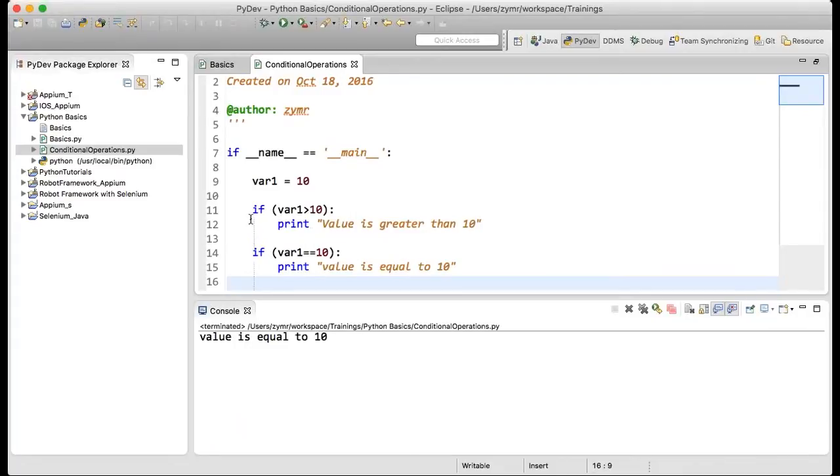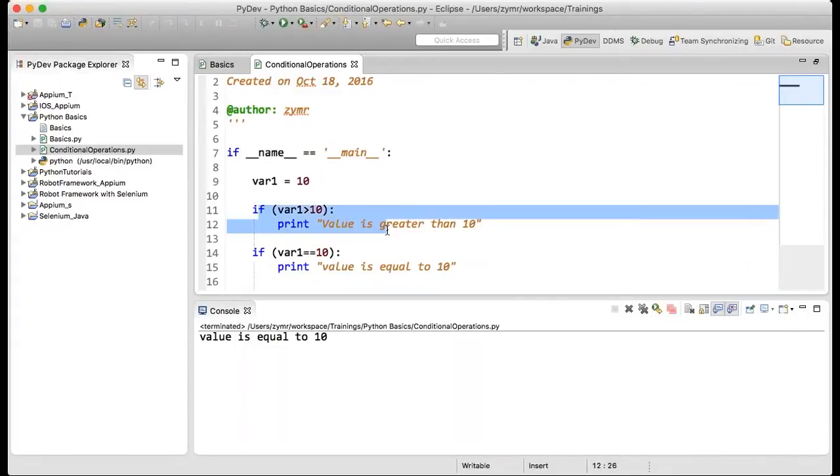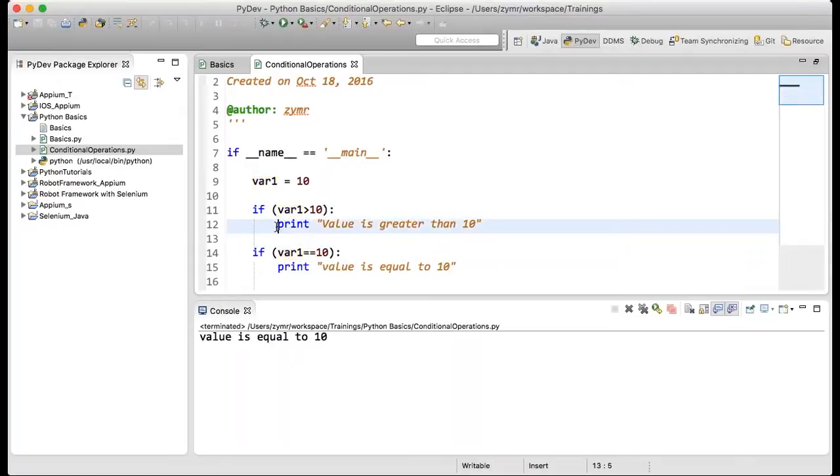As you see, it saw that there is a false condition in the expression, so it doesn't go into this block and moves to the next statement, and it sees if var1 is equal to 10. So please make a note, you don't have to give a single equal sign here in the if statement when you have to check the equality of two values.